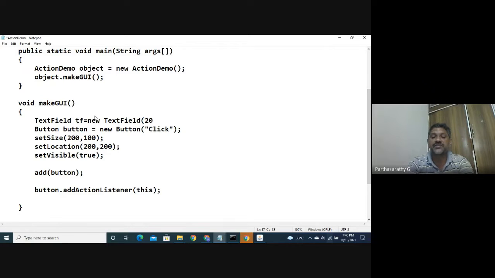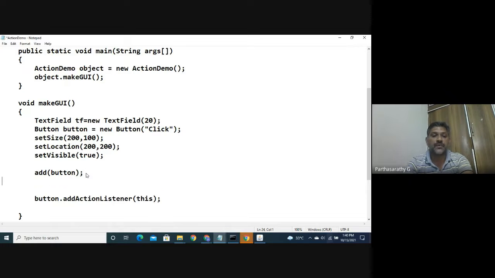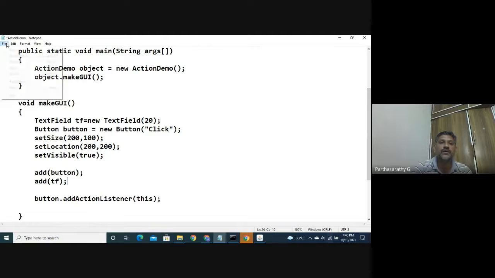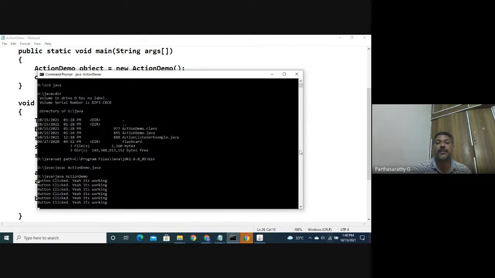Here we can mention the size, how many characters you want to give. Normally we use this text field for getting the input. Now, if you run this program again, I need to close this.